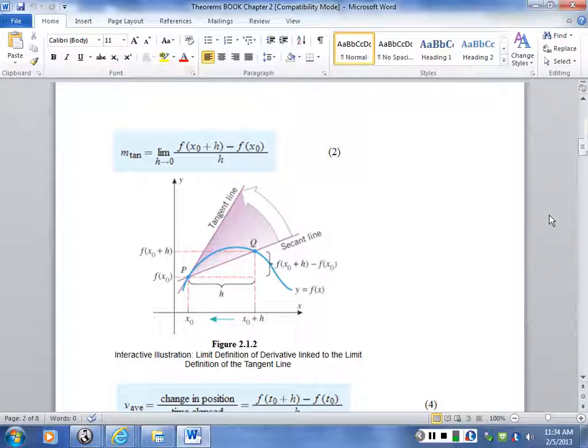In 2.1, we're going to take x naught to be points. In 2.2, we're going to take x naught to be x and simplify that. So I'm going to kind of introduce both examples here. So let's look at,